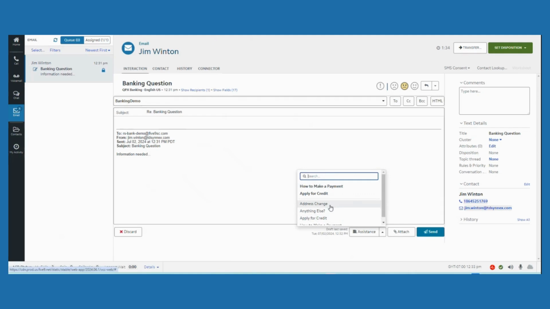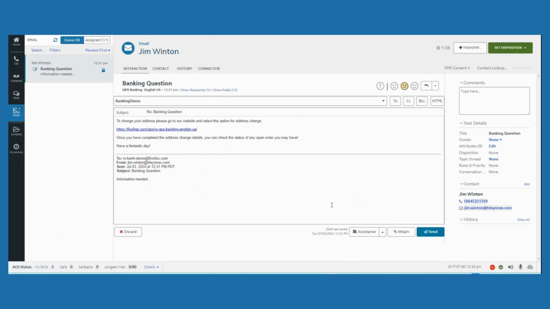We'll say in this case, change address. And you can see when I click on that, it actually populates the reply message for me. And even though it does that, the agent can still edit it. So maybe instead of a fantastic day, I'm going to wish the customer a great day. And once I have everything the way I want,